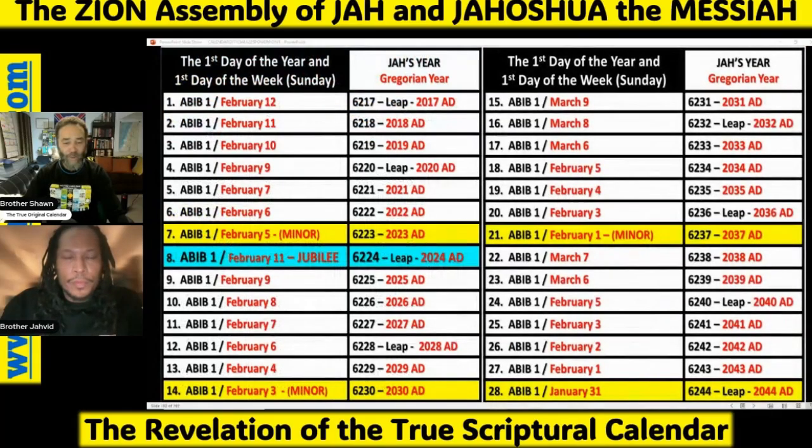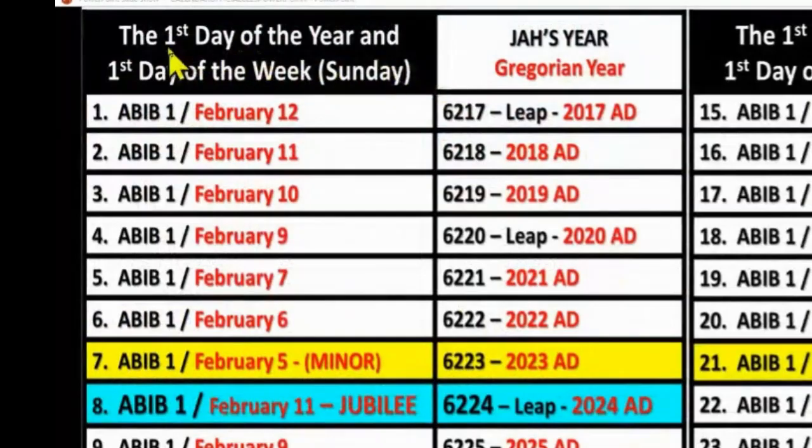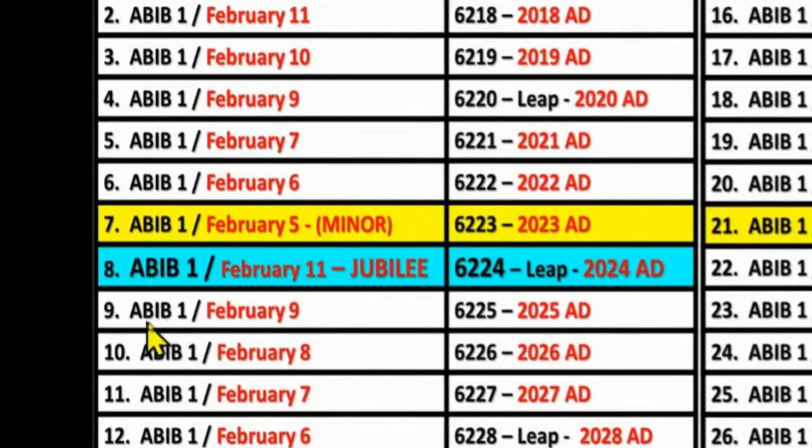But this is how we are able to know where we are when the first day of the year is in the 28-year cycle. So this coming 2025 AD, 6225 is going to be, Abib 1 is going to be February 9th. This year that just passed was the 11th. So you see the year after next year, 2026, it's February 8th. But it's still Abib 1 because the Gregorian calendar moves because it has 365-day years. But JAH's Almanac, JAH's calendar stays firm because it is with the 364-day straight fixed years. And so you'll see throughout this 28-year cycle from 2017 to 2044,